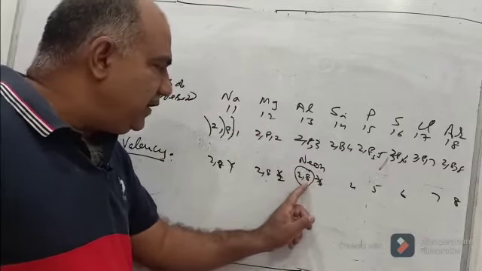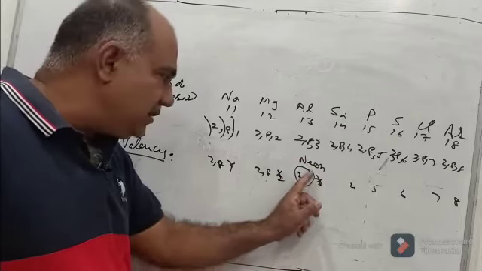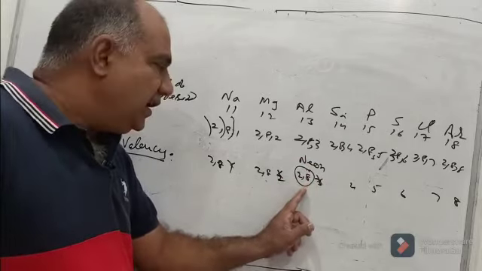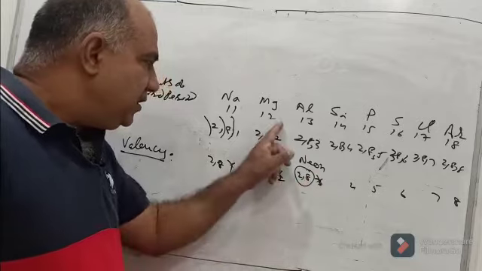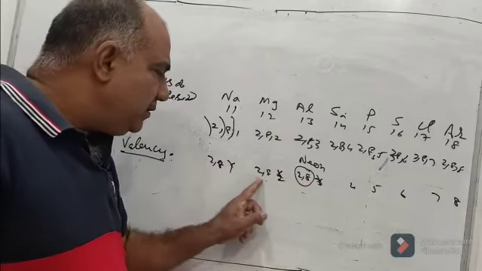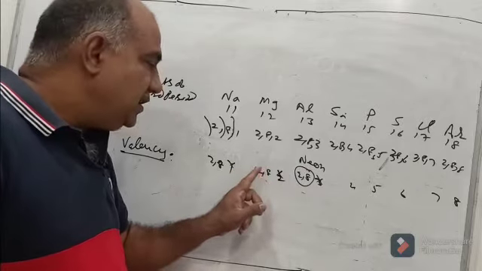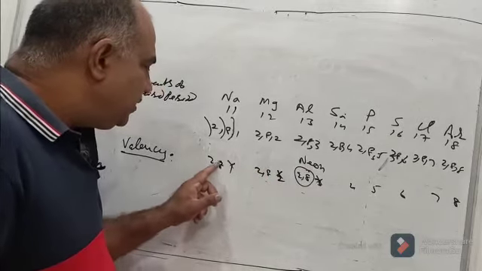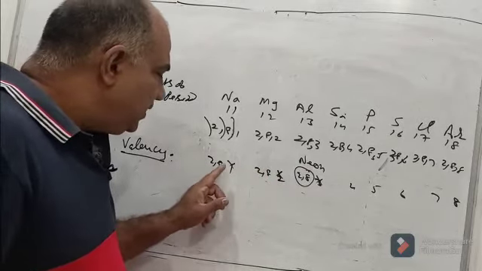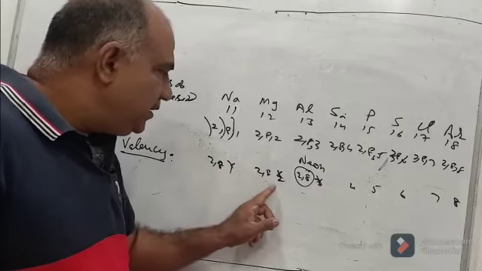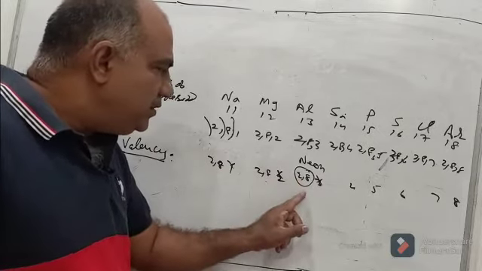Aluminum will lose 3 and will achieve nearest noble gas configuration, that is of neon, and will complete its octet. Magnesium will lose 2 and will become 2 and 8, again neon noble gas configuration, and this becomes stable. And similarly, sodium loses 1. So, valency for sodium is 1, for magnesium is 2, and for aluminum is 3.